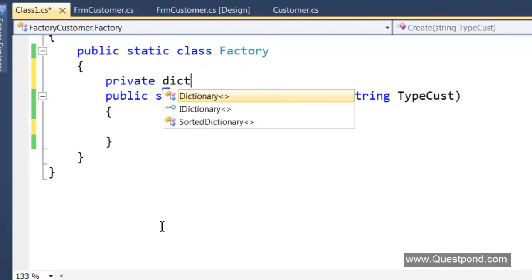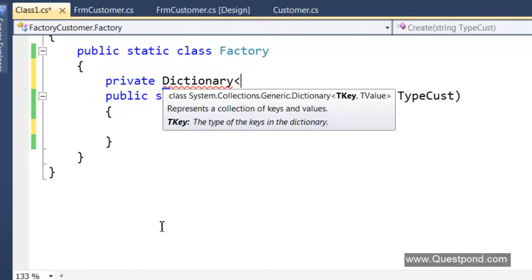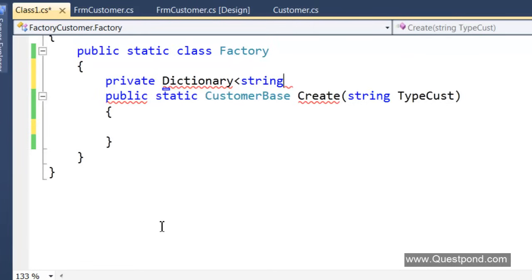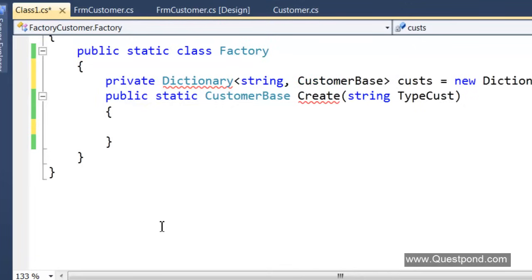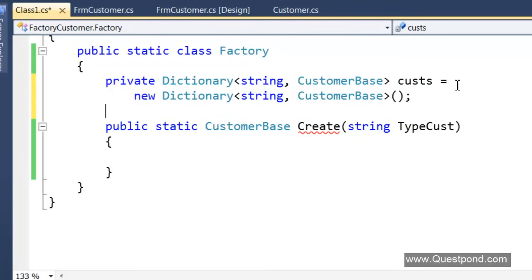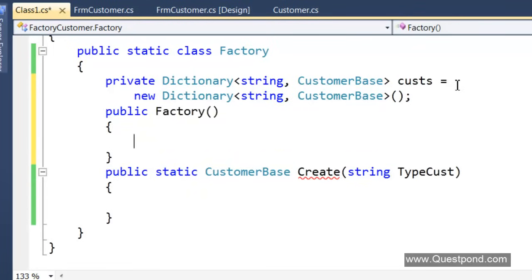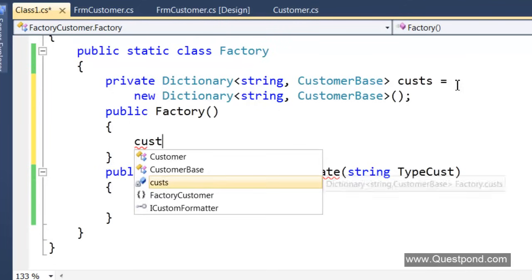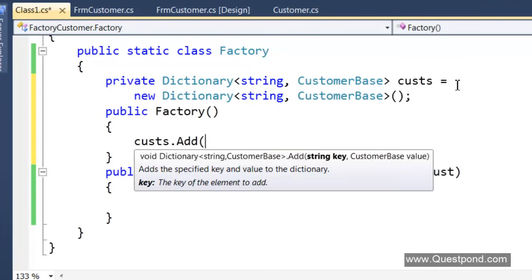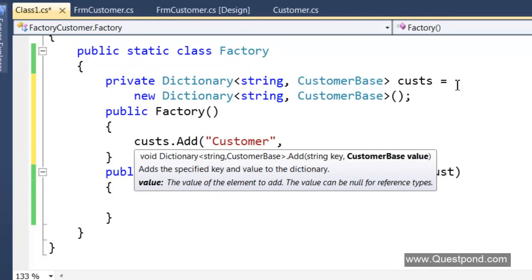I can create a collection of type dictionary of customer base, which is equal to new dictionary of customer base. And in the constructor, I can add the strong types or the concrete types.